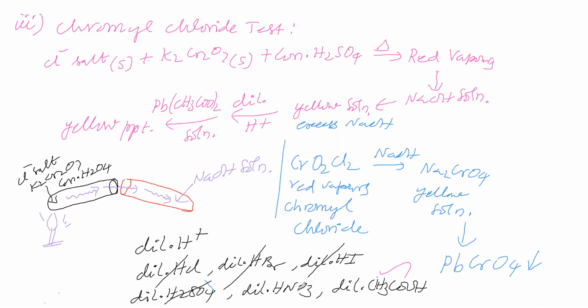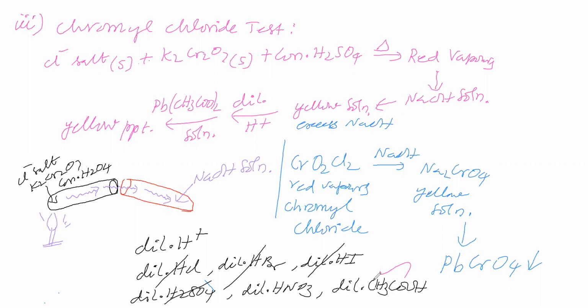If you add dilute nitric acid, the sodium hydroxide is neutralized, so we are getting sodium nitrate. Sodium nitrate is not affecting lead acetate or the lead chromate yellow precipitate in any way. So we can add dilute nitric acid. Out of dilute nitric acid and dilute acetic acid, dilute acetic acid is better. Why? Because it increases the solubility of lead acetate. Therefore, we add dilute acetic acid. So here in this chromyl chloride test, at last we are adding dilute acid, which means dilute acetic acid. Okay, we came to the conclusion: dilute acetic acid.